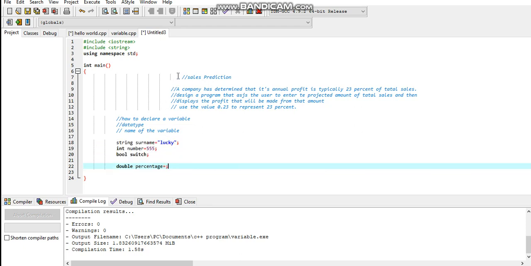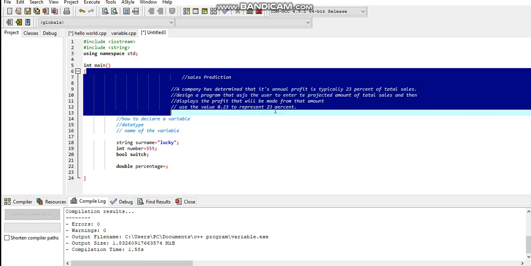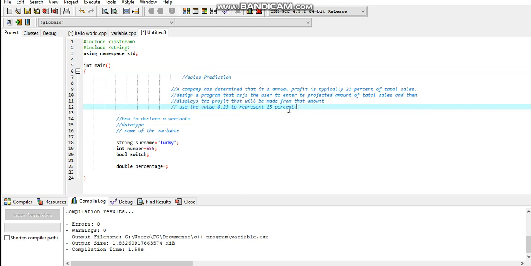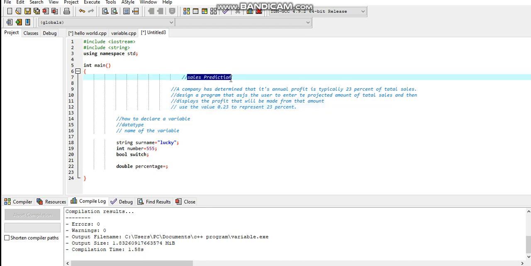In my next tutorial, we're going to build something like this statement. So we are given a classwork. Maybe you can also try it on your own and then tell me how far you've gone and what problem you might be encountering. We're going to be predicting the sales in a company. So the question is, a company has determined that its annual profit is typically 23% of total sales. Design a program that assists